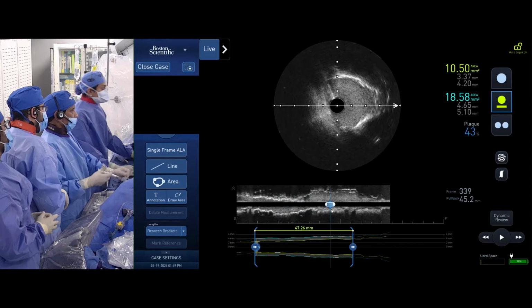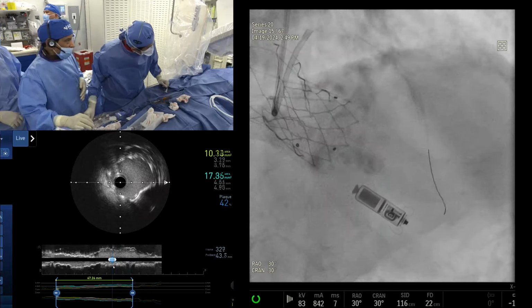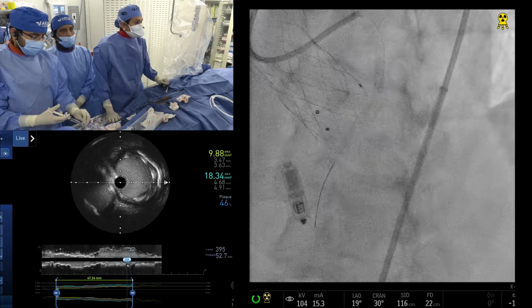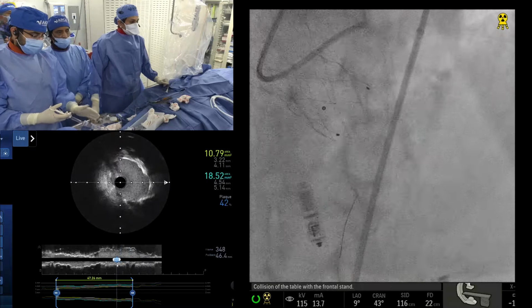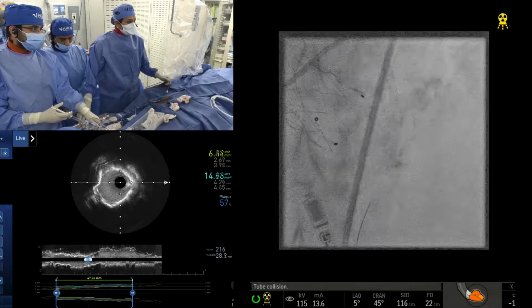Yeah, perfect. DAG looks roughed up, but I think we leave it once we plan, because by all the criteria, lumen is less than 70%, the TIMI 3 flow, there is no chest pain, although patient may be a little under sedation. There is no EKG changes, although patient has a left bundle. So it looks good. Before we go,